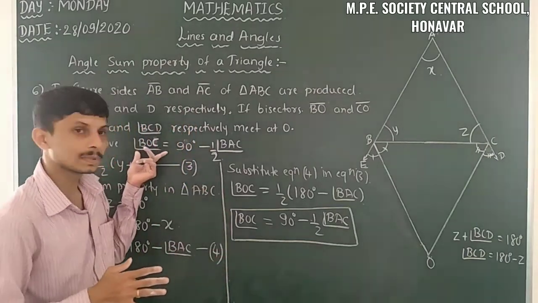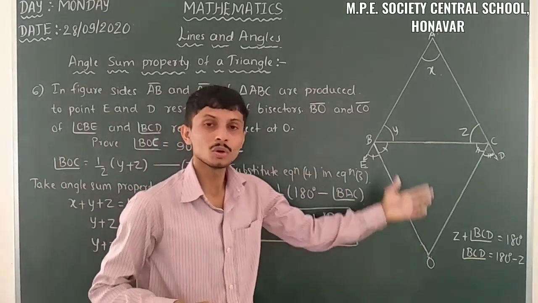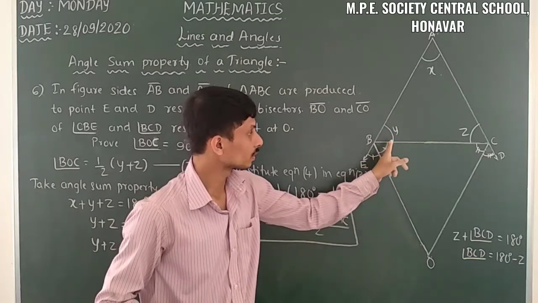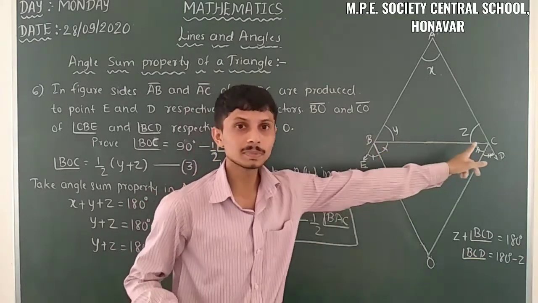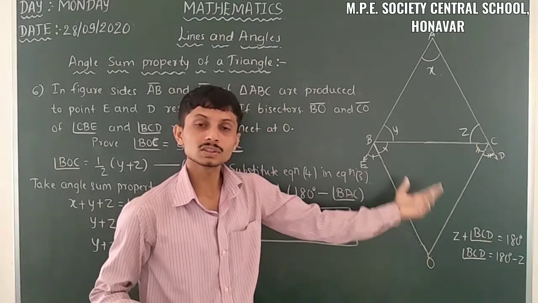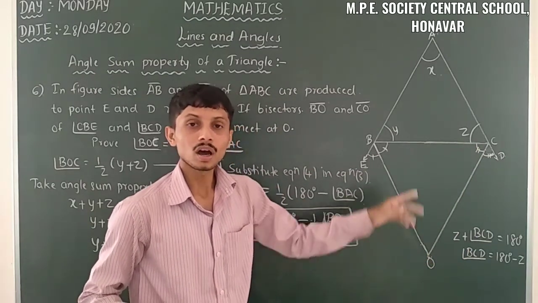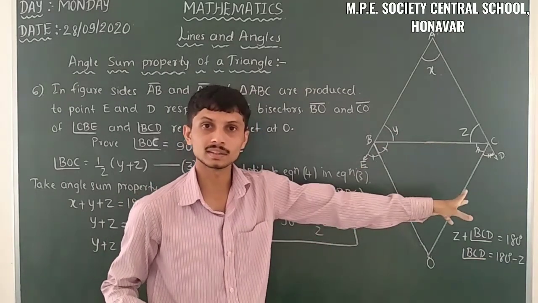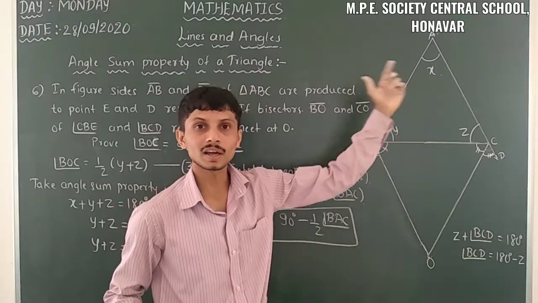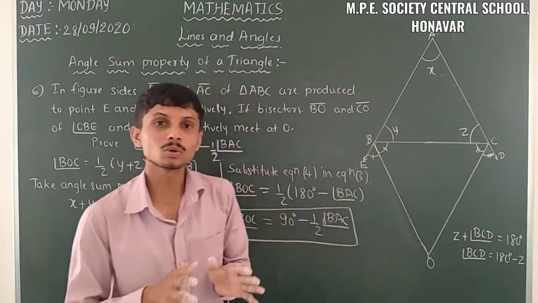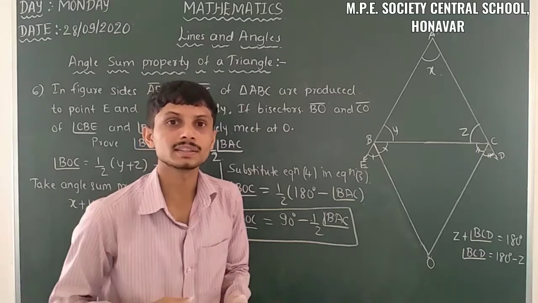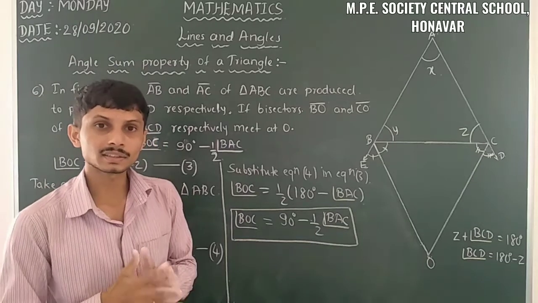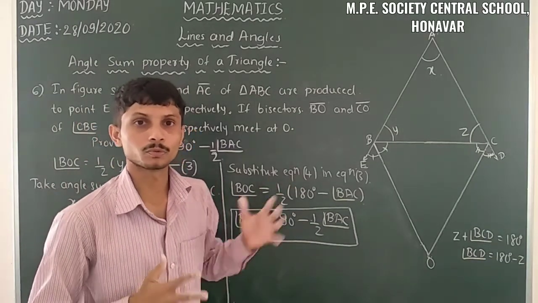That means, when we take the angle sum property, we want angle BOC, angle CBO and angle BCO. So these two angles also we have, and along with that we have to relate them with these two angles, y and z. Then only we can get the value of x here. So firstly we have to know the possibilities of getting this. Then only we can analyze and take the right steps for the proof.